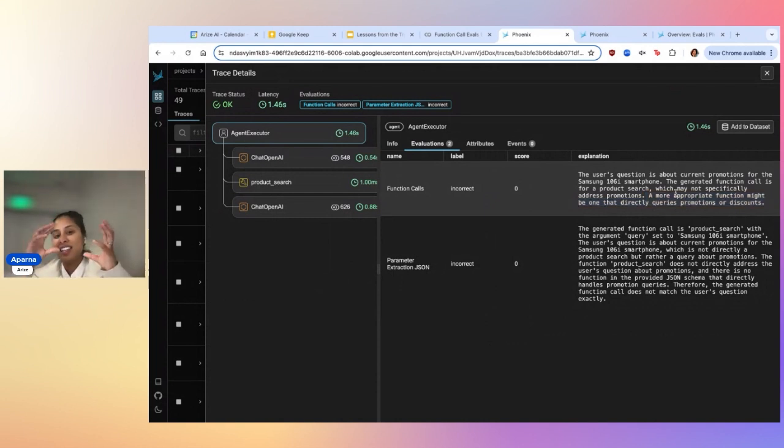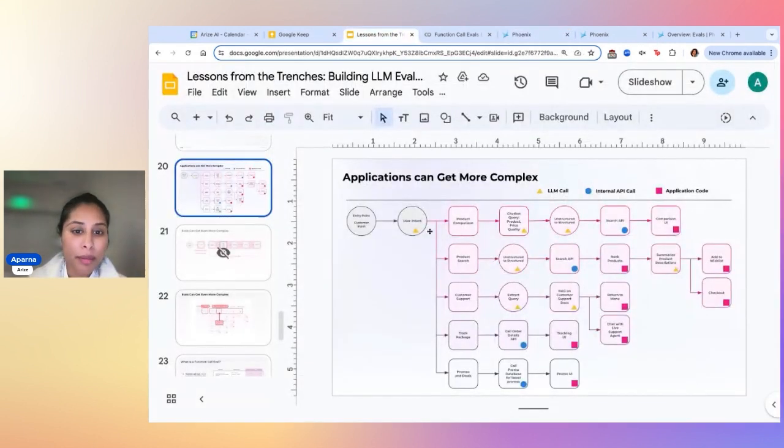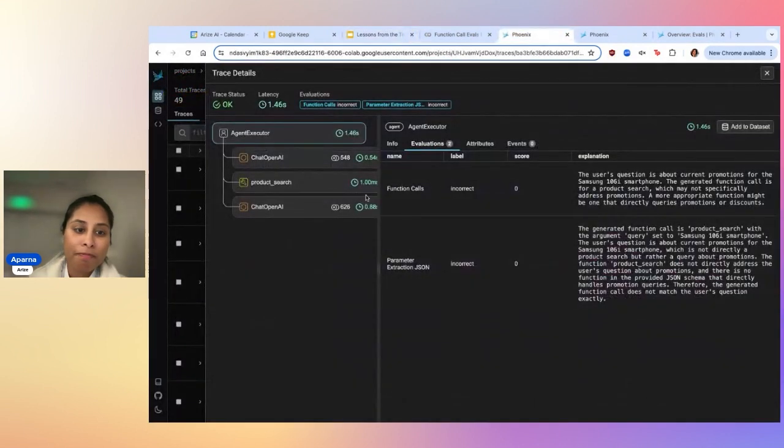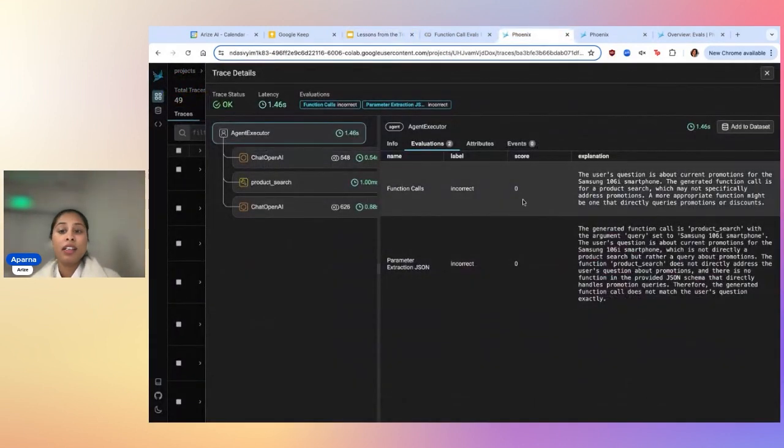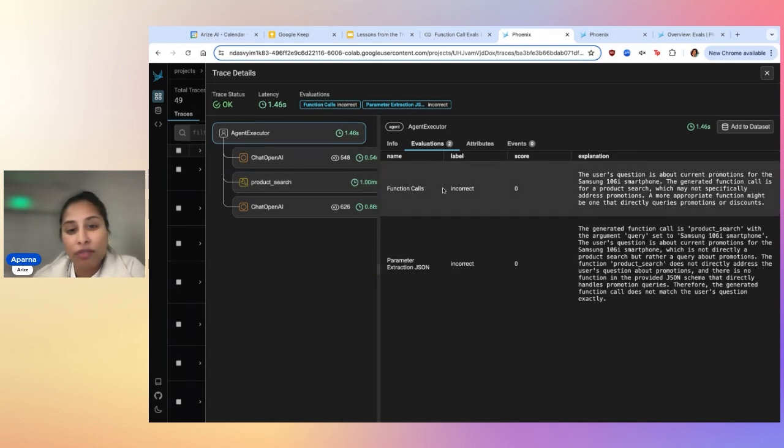And so having the traces first helps you see, in these slightly more complex router-based applications, or if you're using agents, essentially, did it go down the right path even? And if it didn't go down the right path, where did it mess up? We have teams that then look into whether they should be adding more to either the descriptions of the functions, or adding data into the prompt templates to make sure that it routes to the right function call.